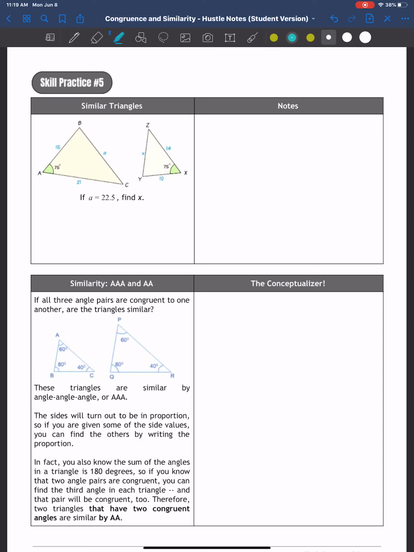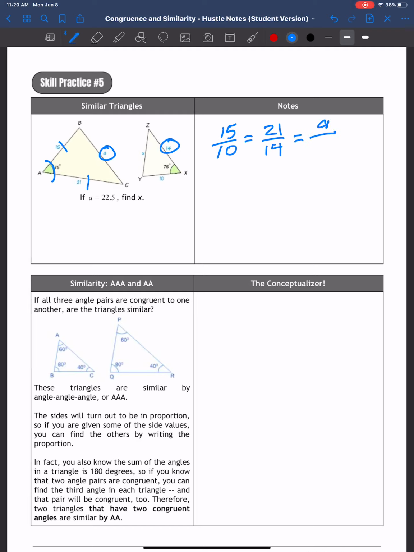So, first things first, we need to figure out, are they similar, right? So, this is 75, this is 75. We know where our angles are. So that means 15 over 10, 21 over 14. This is our side, our angle, and our side. So if these two are congruent in size, then they can be similar triangles, and we're able to set up our proportion to equal